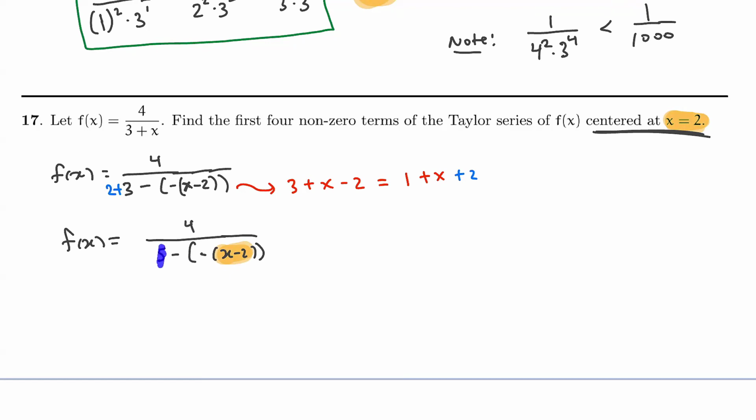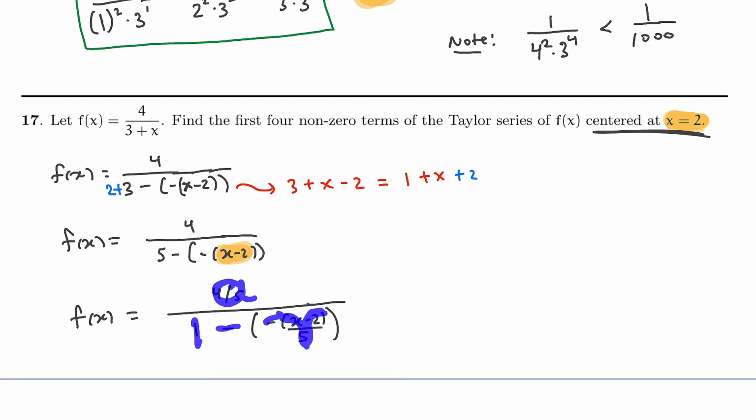This guy here will be 1. We want this to be 1 here, not 5. So we divide everything by 5. So that's my second trick. So I'll put 4 over 5 divided by 5 over 5, which is 1, minus, and in parentheses, negative, parentheses x minus 2, and then divide this by 5 and close parentheses like that. So I'm trying to make this look like a divided by 1 minus r, to have the geometric series form for that. So by using that geometric series, this will be the sum from n equals 0 to